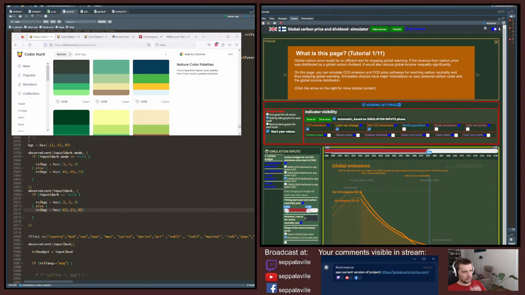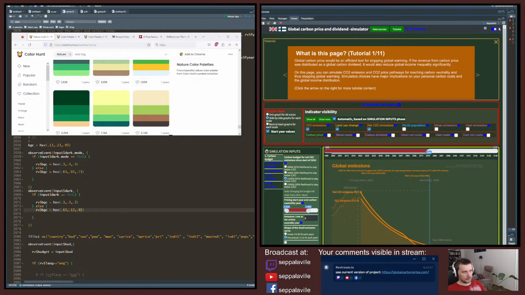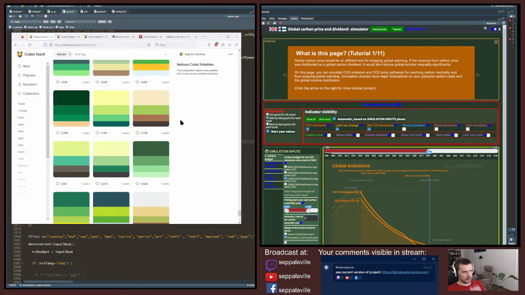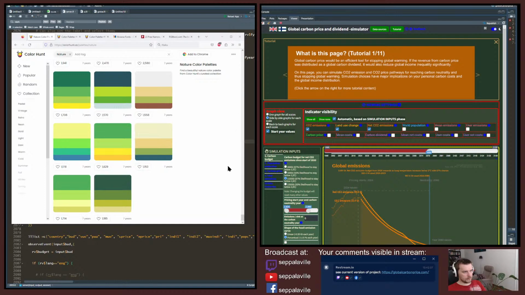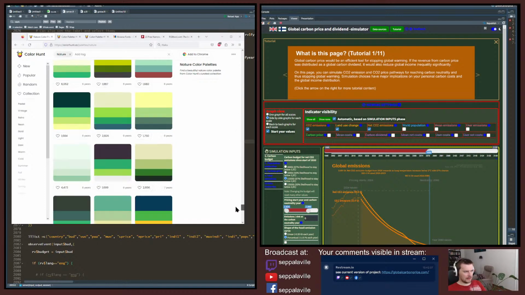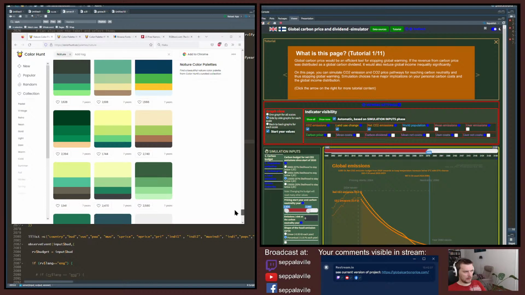I'm not sure how I should do this. I was thinking that green would be a nice color here, representing the ecological stuff and then the price stuff as well. Okay, here could be some nice green, but I still wonder if it would work better if there was some